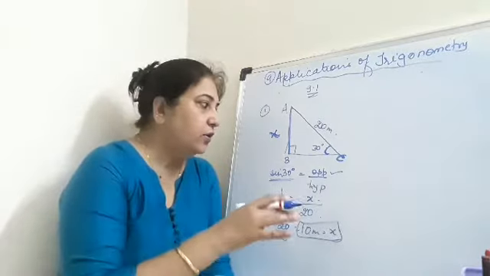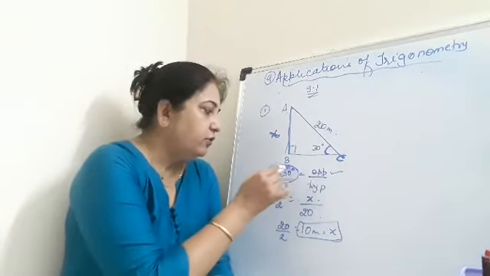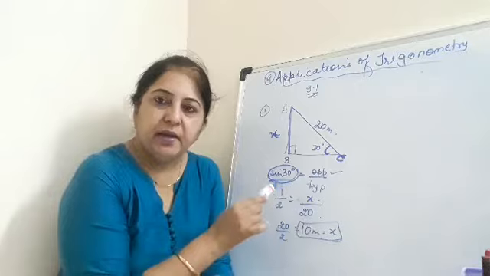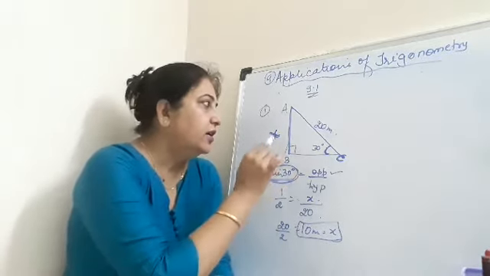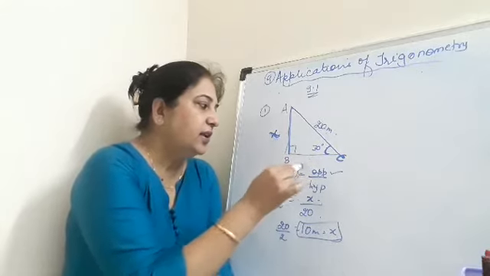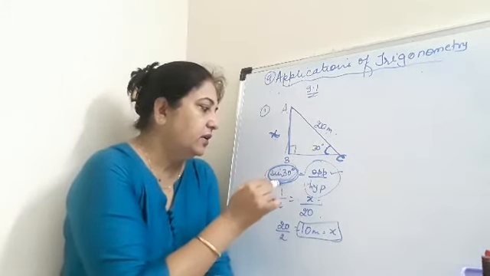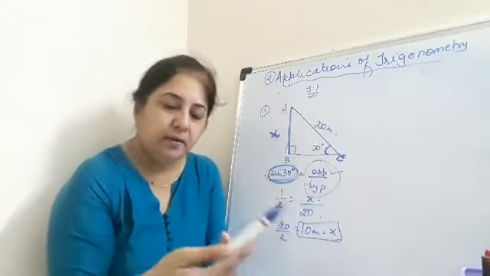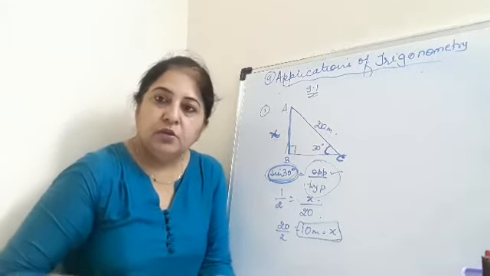Okay, so what I told you is that whatever ratio we have to choose depends on whatever quantities are given and not given. You will look at the relation of these and then use the given trigonometric ratios: sine, cos, tan, sec, and so on. So this is clear to you.